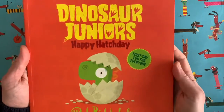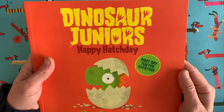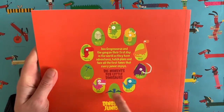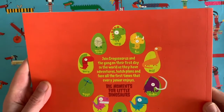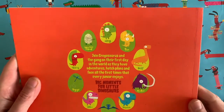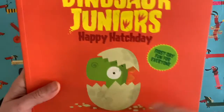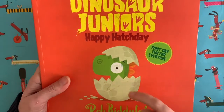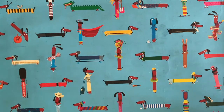Maybe you've seen my Dinosaur Juniors series. I think there are 3 books, and each book is about one of these little baby dinosaur characters. We have baby Tyrannosauruses and Spinosauruses and Stegosauruses, all sorts of things, and they have all sorts of adventures in their little world. And this one here, Happy Hatch Day, is all about their very first day in the world. So it's a lot of fun, but we are here today